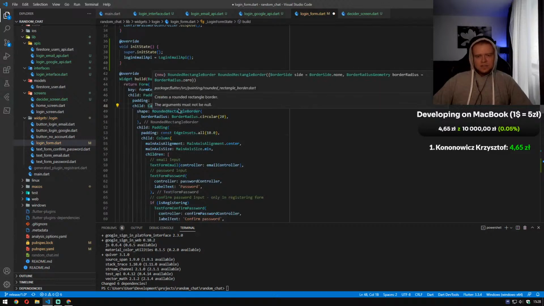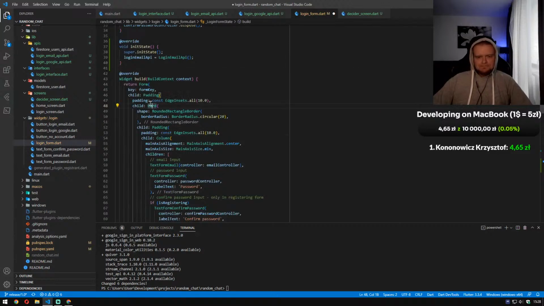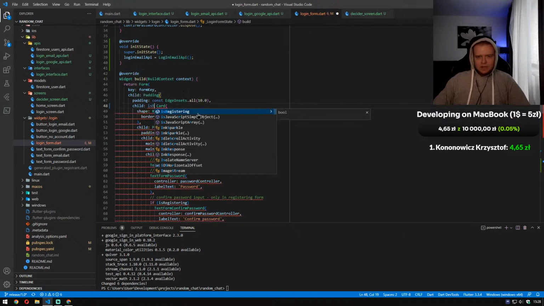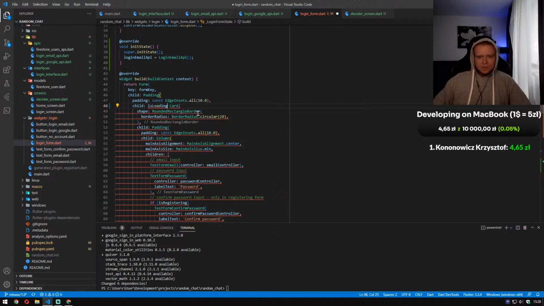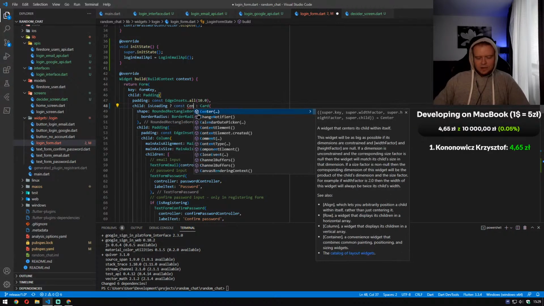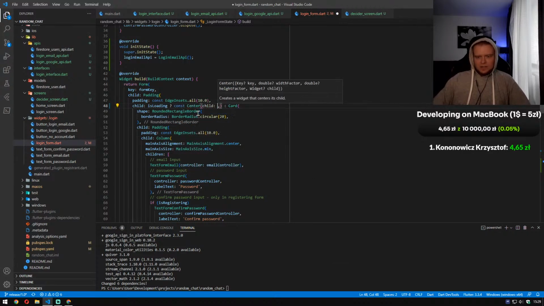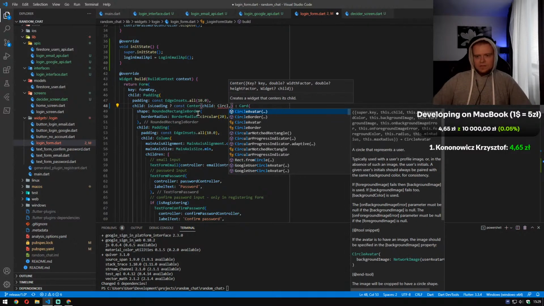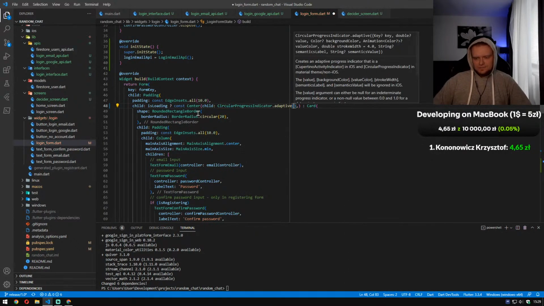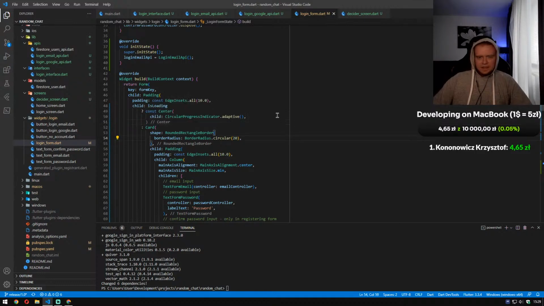And instead of returning our card with a form of logging, we can check if our form is loading, or basically if we are waiting for the server response. And if we are waiting, then we can return our circular progress indicator. Of course, it's the adaptive one. And